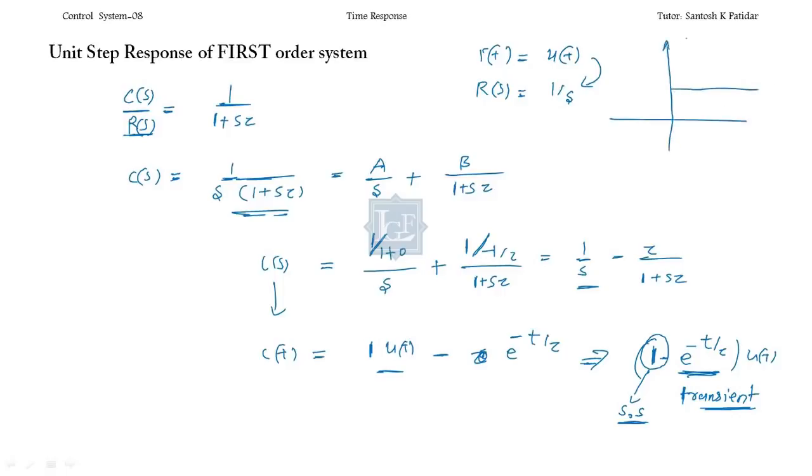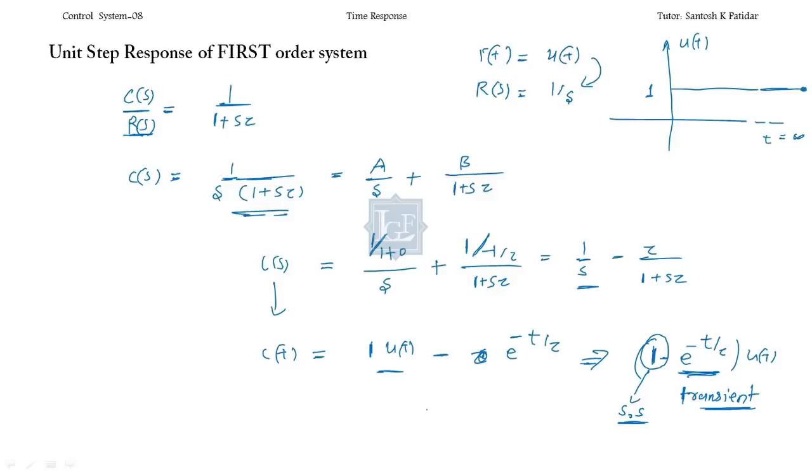Because unit step is defined at t equal to infinity also. This is the unit step function u(t). At t equal to infinity also its value is 1, so the function is present at t equal to infinity. But in the case of impulse, we don't have any input function at t equal to infinity. So we cannot find the steady state error for the impulse,